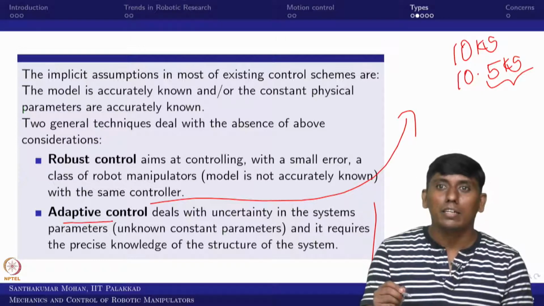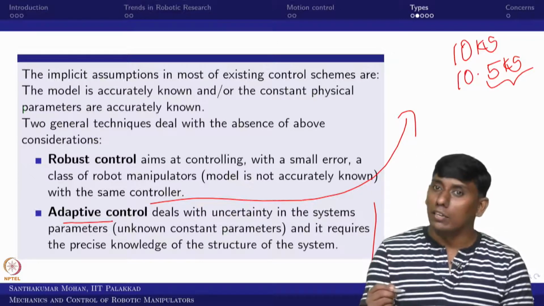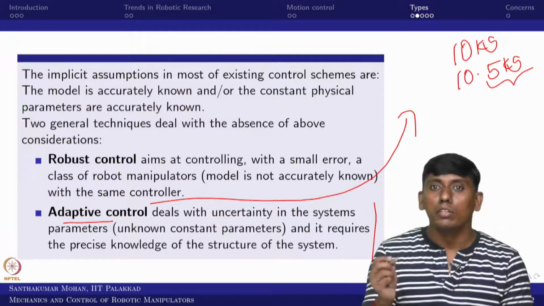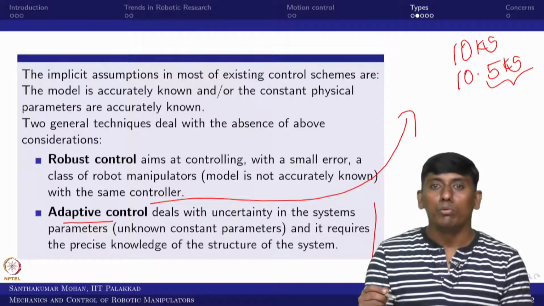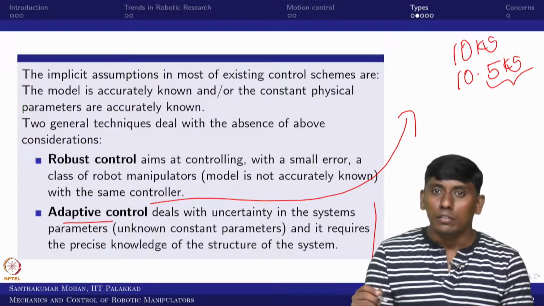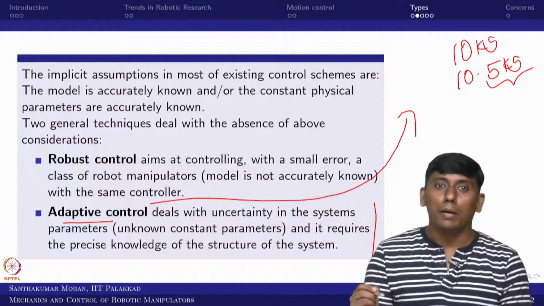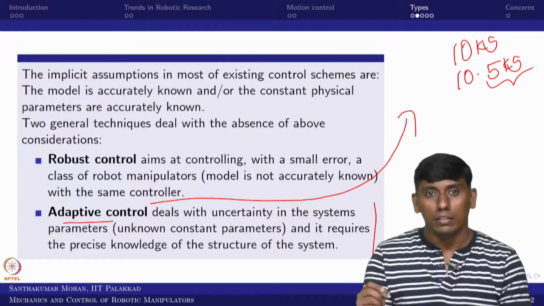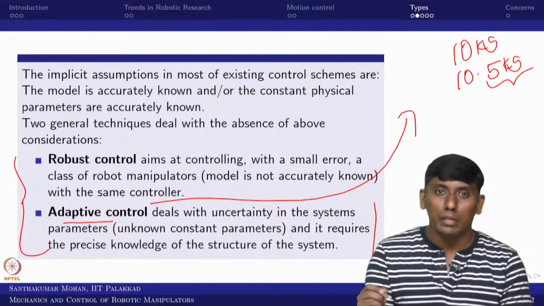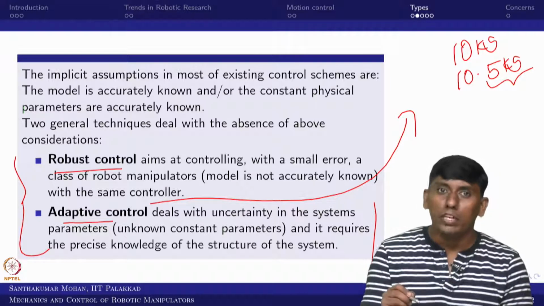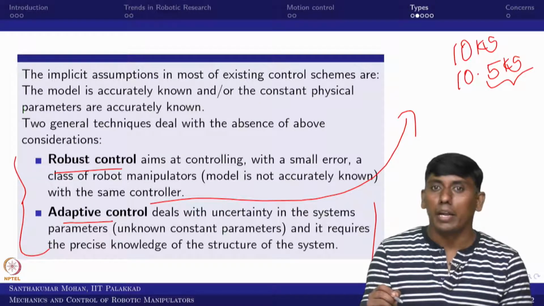This regressor matrix would usually be rectangular, so you have to take a rectangular inverse, and in most cases the regressor matrix inverse is prone to becoming singular. In that case the control input would go to probably infinity. This can happen. That's why non-regressor matrix, or inverse-free adaptive control, have come up in modern days. These are the two types of control apart from motion based and model based. Here it would be a combination of model and motion, because the feedback is fed in and the model is also incorporated.